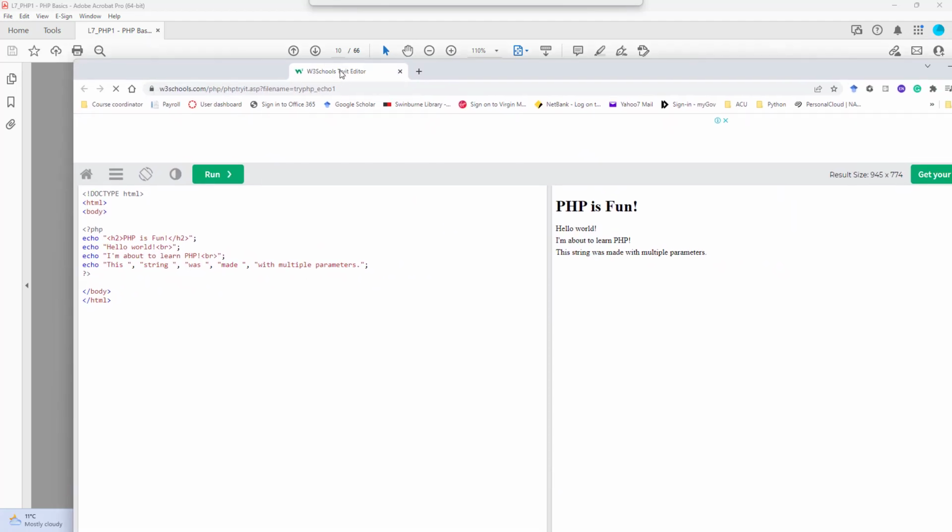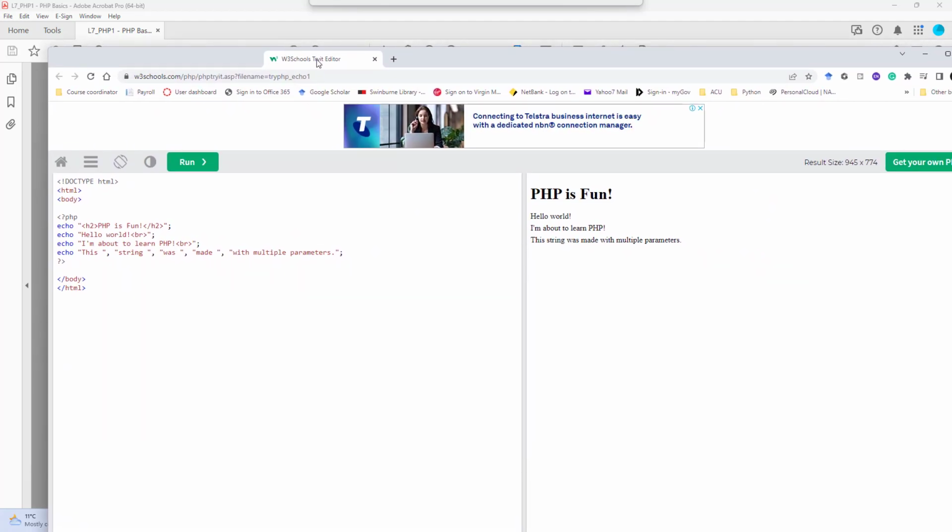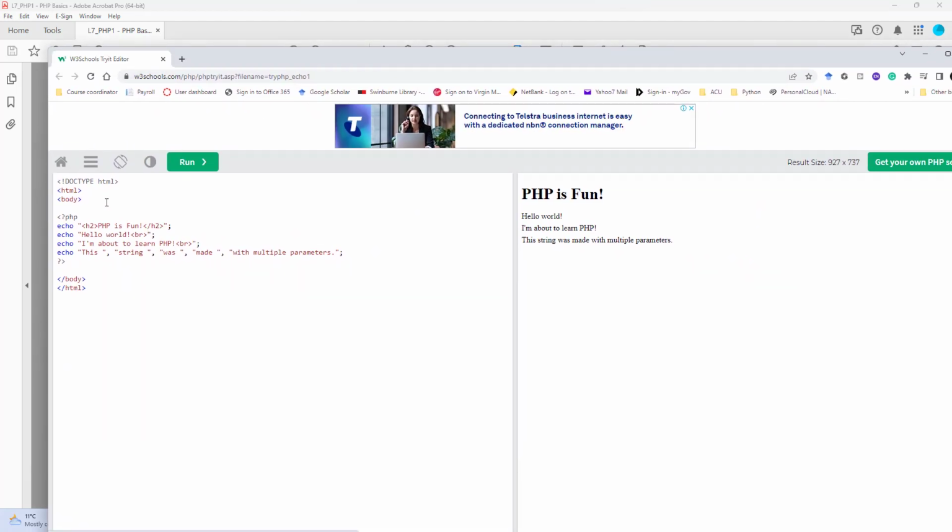So in this example we can see, here we use a PHP block, echoing, here I'm generating a heading. This is the heading it generates, and then the second echo function, hello world, and then break,